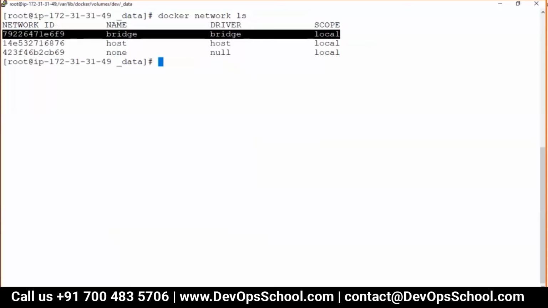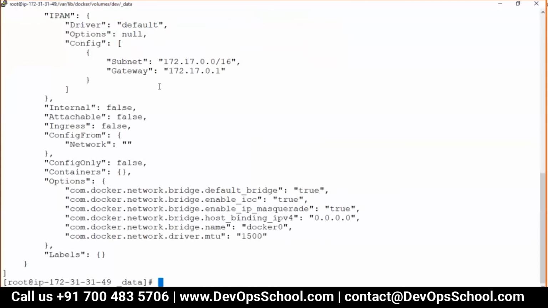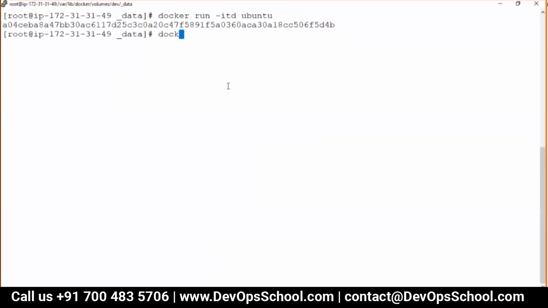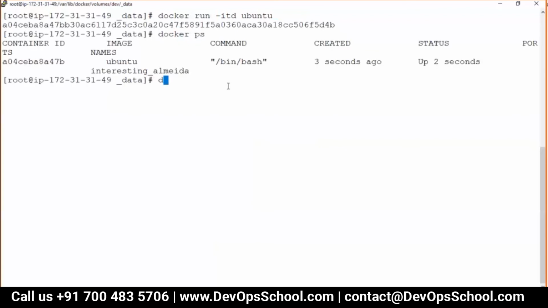Whenever you create a container, please mark my statement: the container IP address by default comes from the CIDR range only. How do I know? Just run this, an Ubuntu container. And here, docker ps, docker inspect.